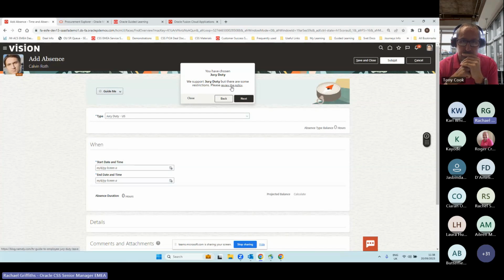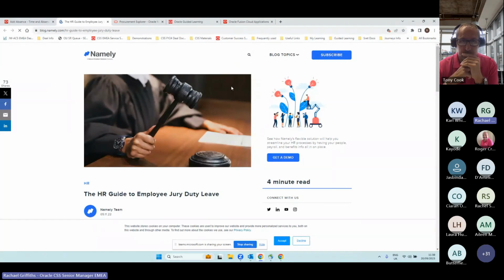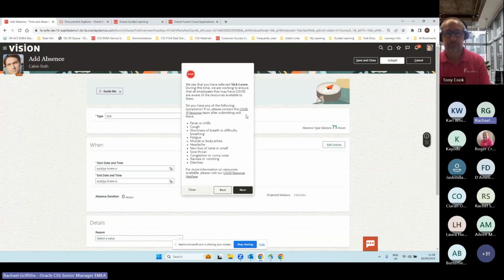So instead of sending them back to the widget or a wiki page or a SharePoint site, I can simply embed the link in the guide itself. So there's no extra work for the user to do. We can send them at the point of need to the content that's relevant. But let's say it's not jury service. Let's say it's something a little bit more frequent, unfortunately, which is sick leave. As I change the type of leave, the guide changes as well. It knows that I don't need to know about jury service if I'm